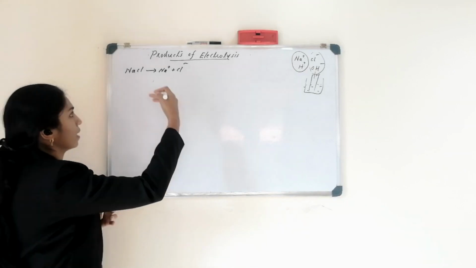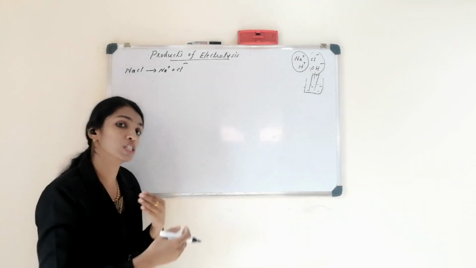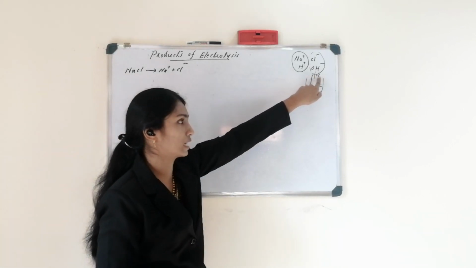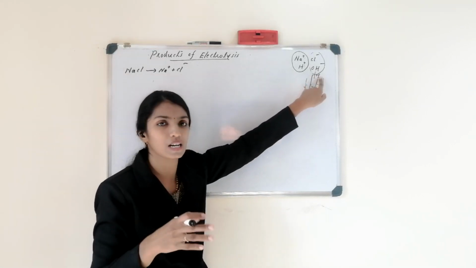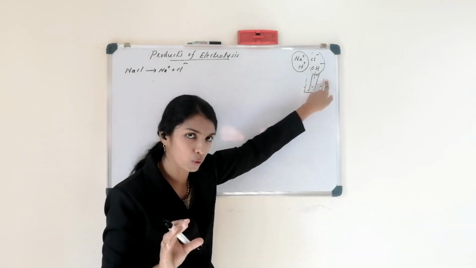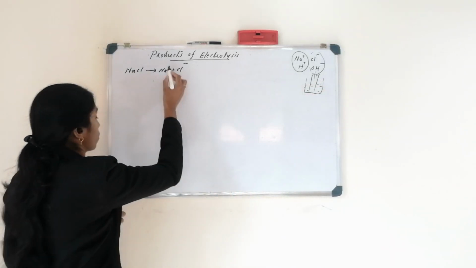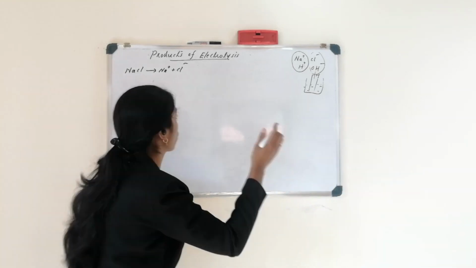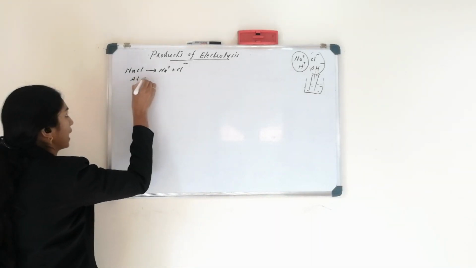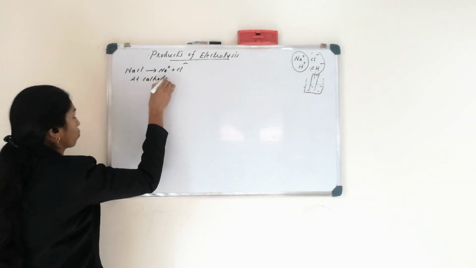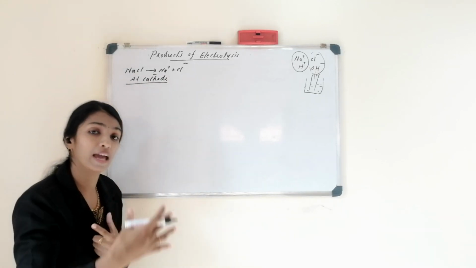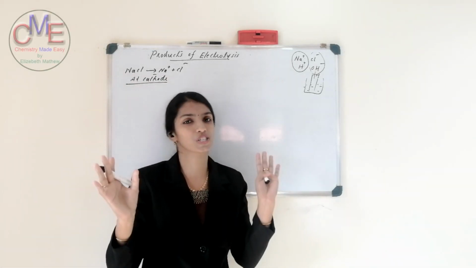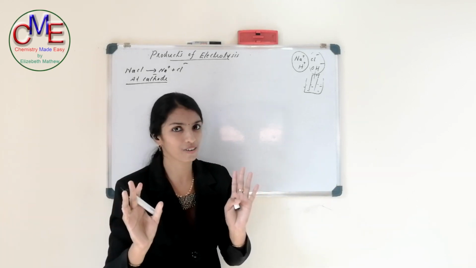Since Na+ is positively charged, it is attracted by the negatively charged electrode, which is known as the cathode. So here positively charged ions move towards the cathode. So what happens at the cathode? At the cathode, reduction always occurs. At the anode, oxidation always occurs. But don't forget it. Okay.